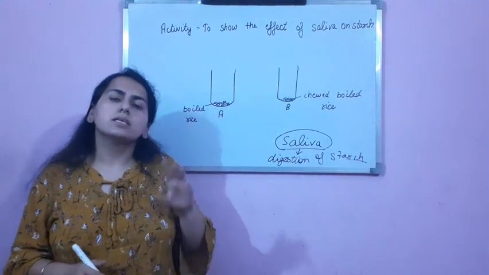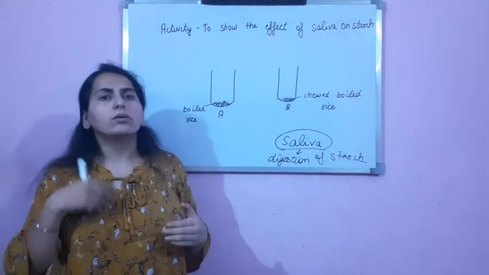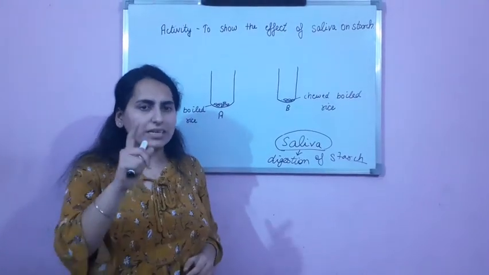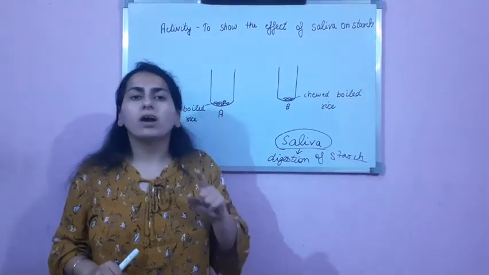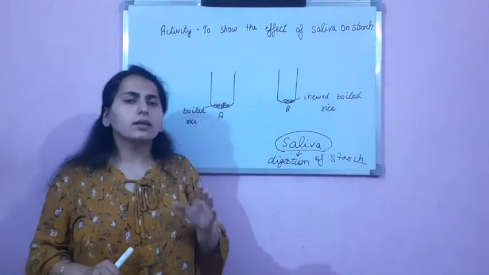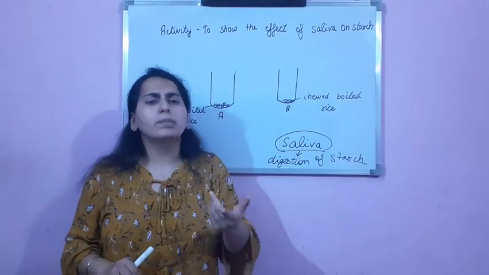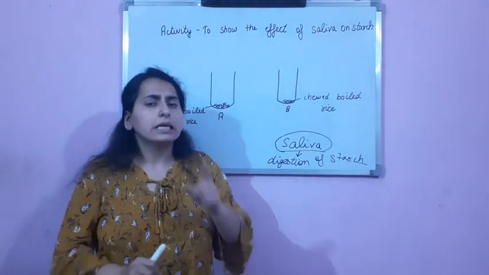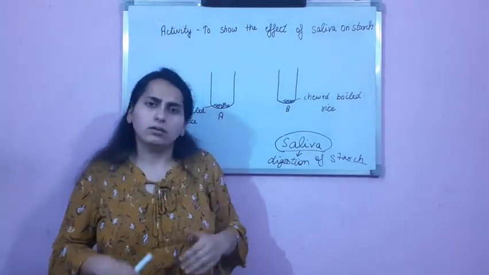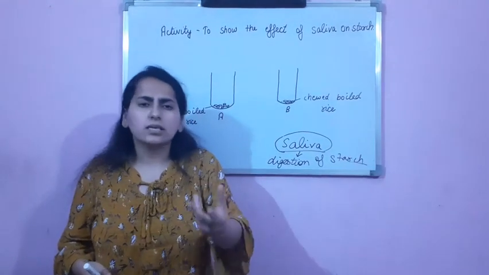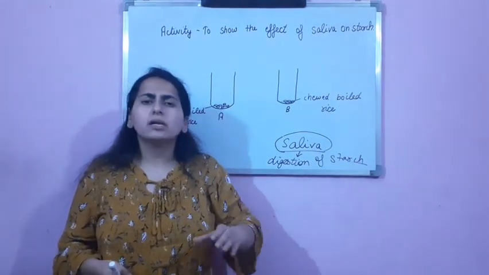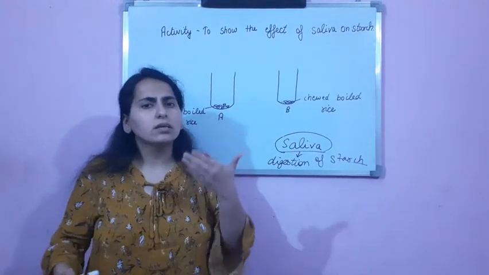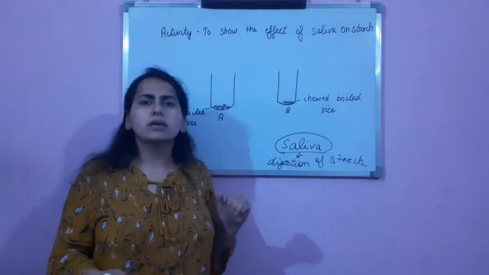Now, in class 6th, you had learned how to test the presence of starch. Just remember it. We can do it with the help of the iodine test. In class 6th, we had done it with the help of a potato. On the potato, if we put a few drops of iodine, its color changes to blue-black. It simply shows that it contains starch. And if the food sample doesn't turn bluish-black with iodine, it means it is not having starch. So, we have to do the same here.